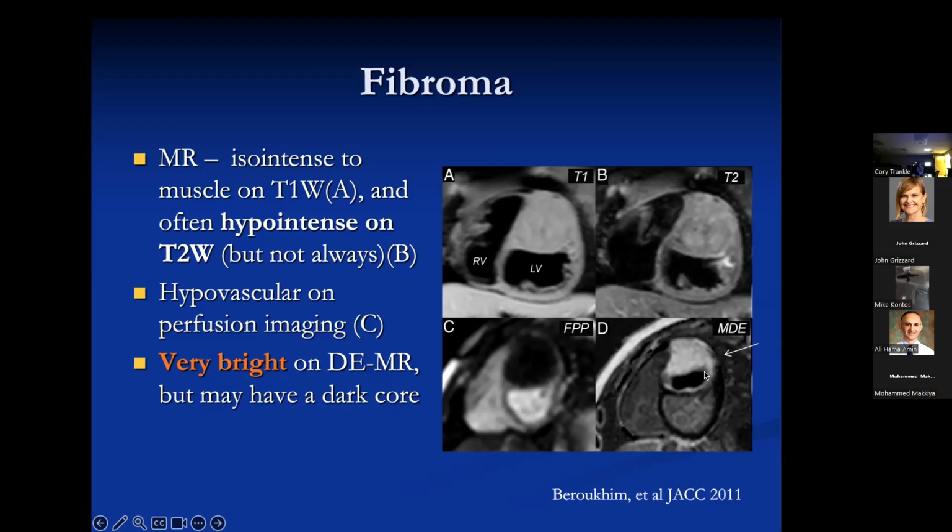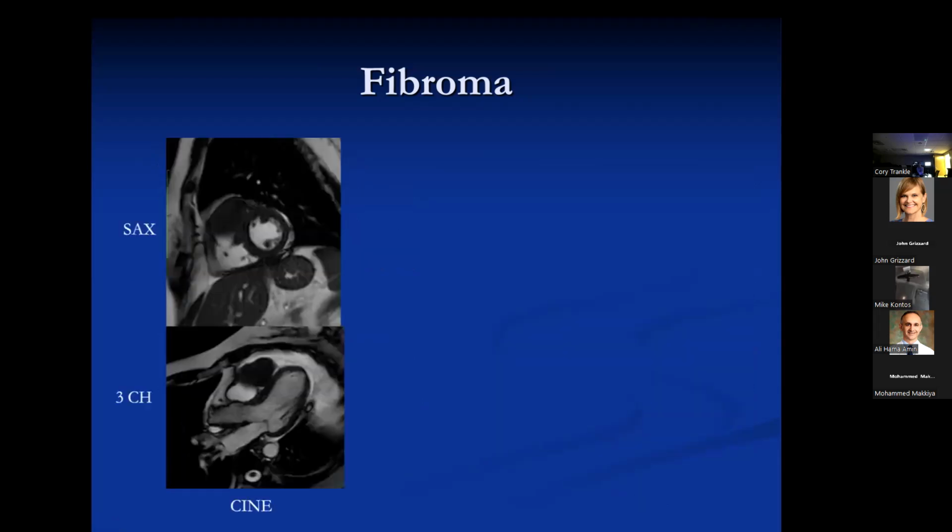So just think of them as a big fibrous scar. And just like scar takes up contrast, so does this thing. And they may have areas where they're incompletely diffused in the contrast, so they may have little dark areas internally, but they're typically bright. So that's a very important distinction. The other distinction is that the fibromas are seen in Gorlin syndrome, not tuberous sclerosis.